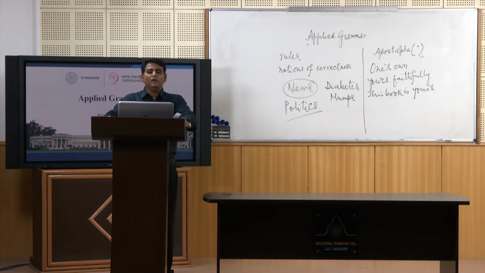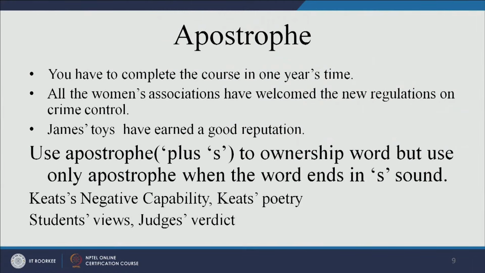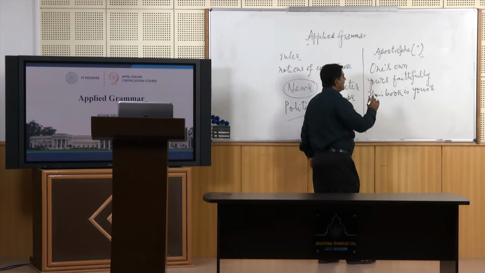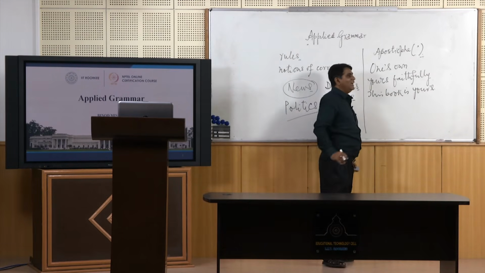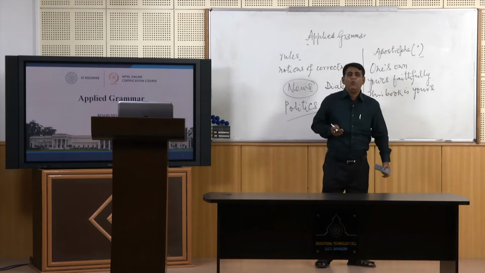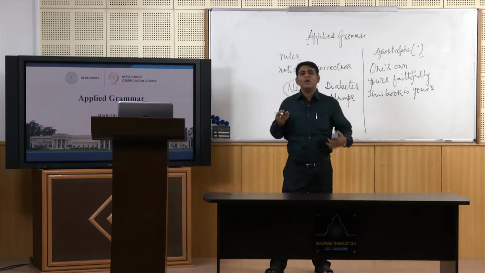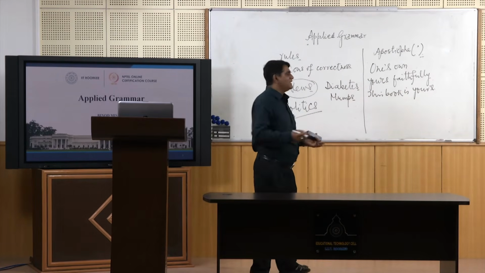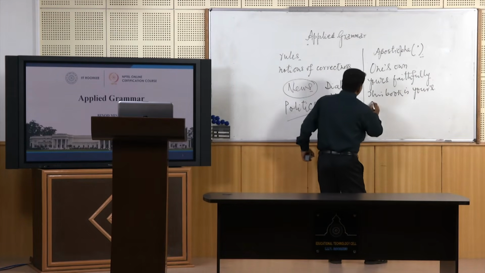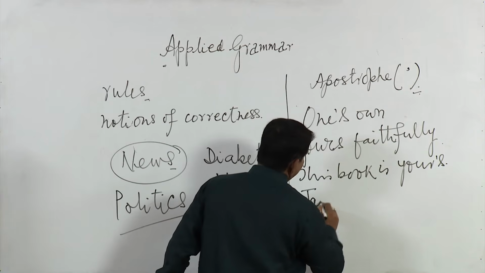Sometimes you say all the women's associations have welcomed the new regulations on crime control. Women's: the apostrophe has been given. But sometimes there are words which end with S, and in such a situation when you put an apostrophe you are under the impression that it already has S, but no, if the name ends in S, for example,